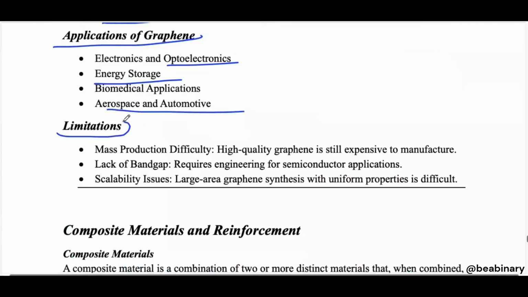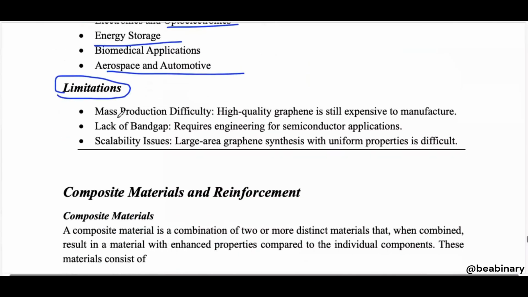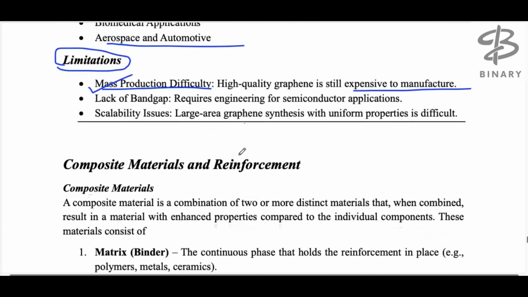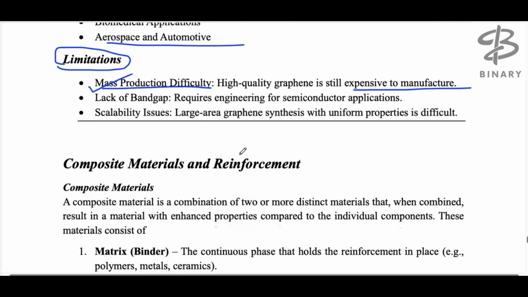Limitations: what are the disadvantages? So, mass production difficulties. That is why we are not seeing this material everywhere. That is just a reason: mass production is very difficult. High quality graphene is still expensive to manufacture, so it is not easy work to manufacture graphene. That is a very big and